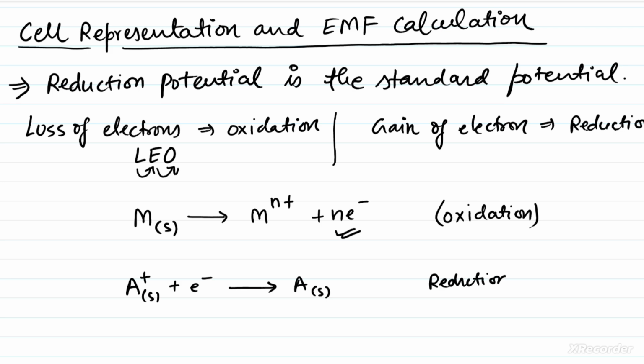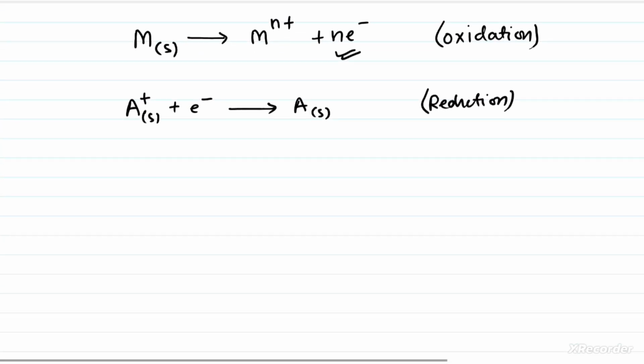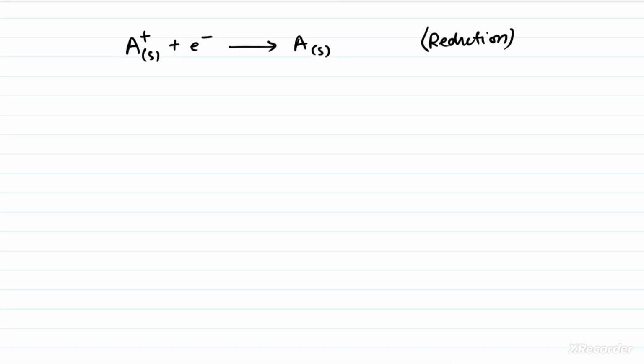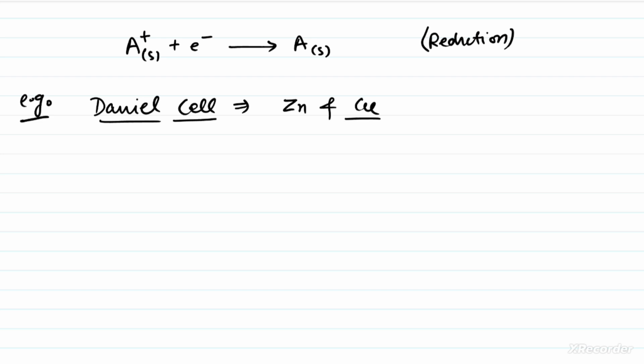Simple. Now the thing that you should know is how to write a cell, that is very important. ओके, तो इसके लिए सबसे पहले हम एक कोई भी सेल ले लेते हैं. जैसे if I write the example of Daniell cell, Daniell cell, very famous cell where we have two electrodes, zinc and copper. Okay, so if I write, look at the cell representation. If I write E° Zn to Zn2+, and E° means EMF,